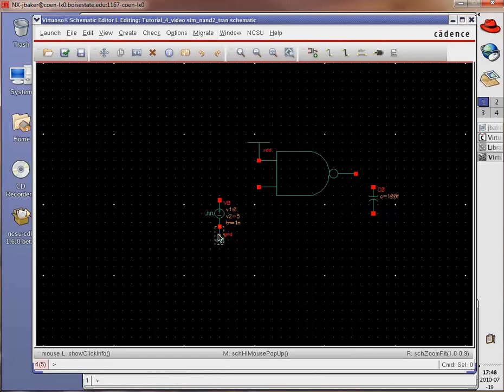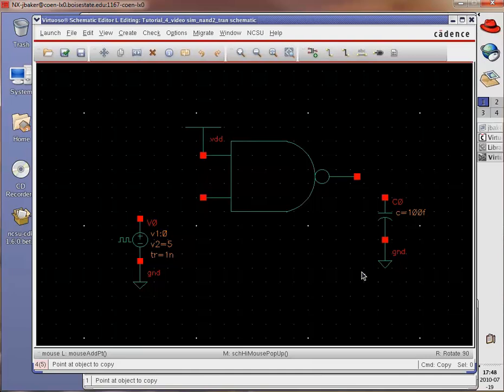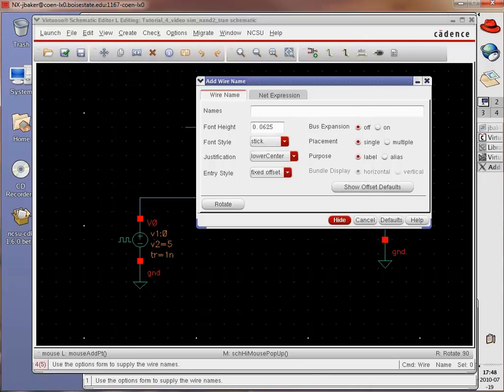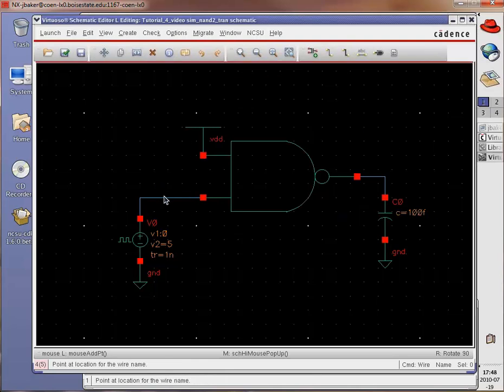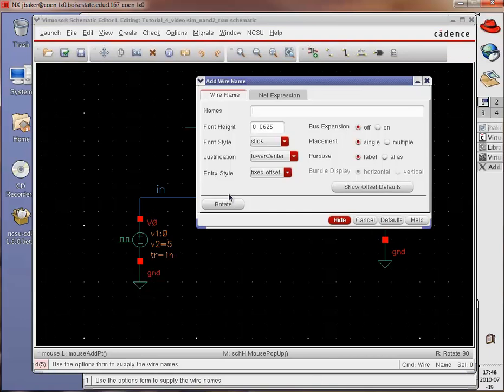Hit escape, press C, copy that, bring it over, press F, press W for a wire. We don't need to press W, but then press L for labels. And let me make sure I called this in and out. I did. In, hide, L again, out, hide,